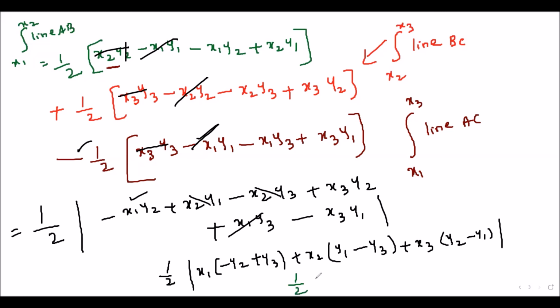Since the modulus is there, what happens? Half mod, this minus sign I will take outside. So it will be X1 of Y2 minus Y3. You should make sure everywhere you take the minus sign outside. So plus X2 of Y3 minus Y1 plus X3 of Y1 minus Y2. Even though I have taken the minus sign, I have not written it here, meaning everywhere I took the minus sign outside. Modulus of minus will become positive again. So we derived the required formula, area of triangle. You can check it with the area of triangle formula. This is the same formula, using the method of integration. Hope you understood, children.